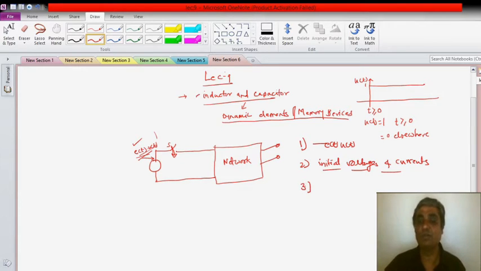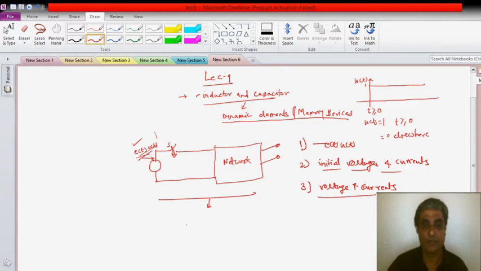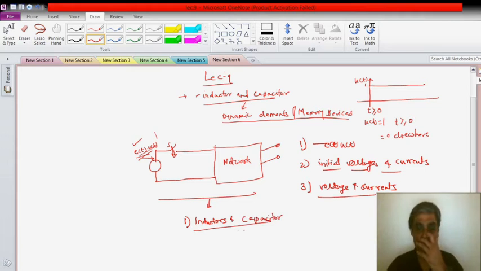Next, the problem is to find out the voltages and currents of the various branches. This is my problem definition now. So in order to do this, what will be our roadmap here? First, we will have a quick review of the energy storage elements, that is, inductors and capacitors. We will see their voltage current relationship from the circuit perspective, and we'll try to derive it from the field interpretation to the circuit interpretation, its terminal behavior.